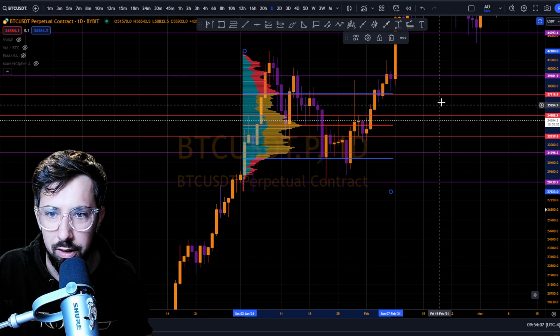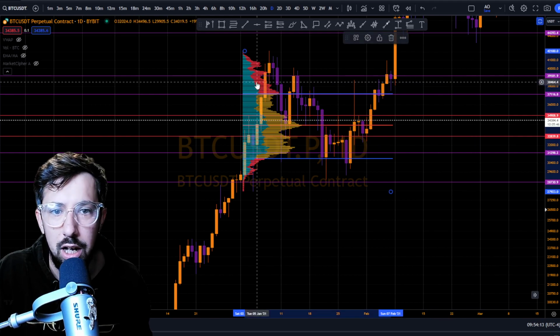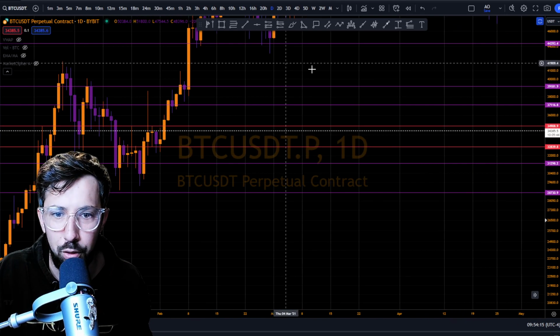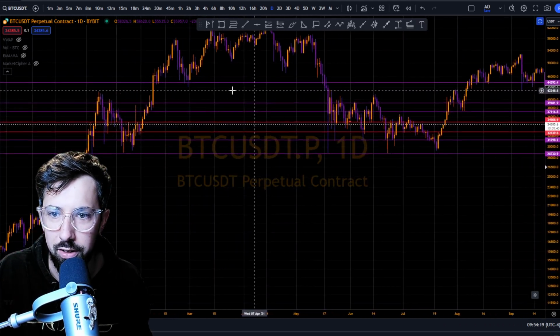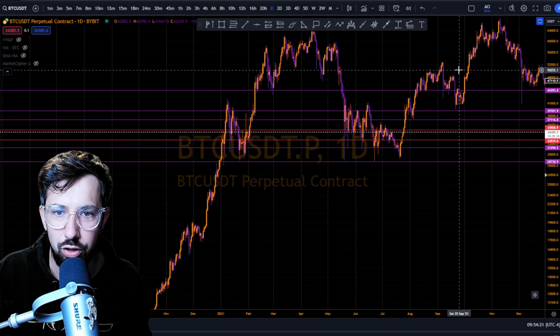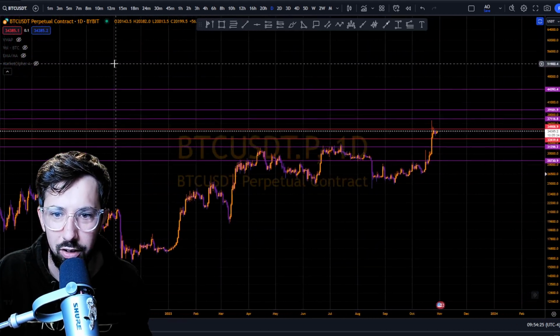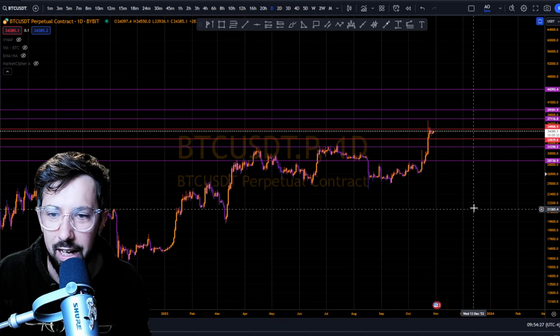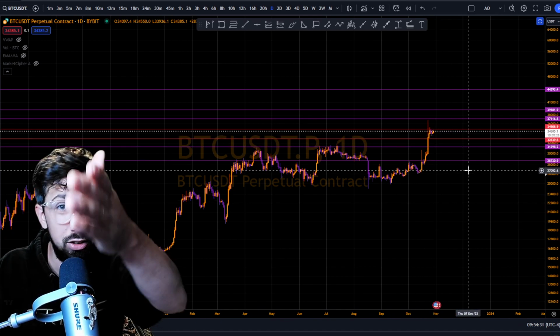Okay, so this is basically, let's change this to purple so we know, I believe it's this one. Yep, there we go. And this is how I'm going to pull these areas in order to build confluence with my price targets over to where we're trading now. So now that we zoom out, we can get some key areas where price is going to react. Look at that. So now we have levels in which we can give to you guys,